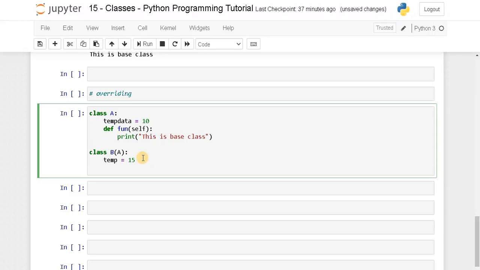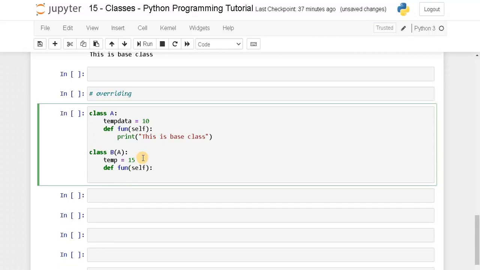Now let's create the function def function self and print this is derived class. Now both the classes have the same function, but the content is different. Let's define it.